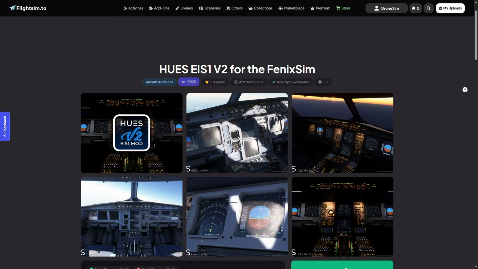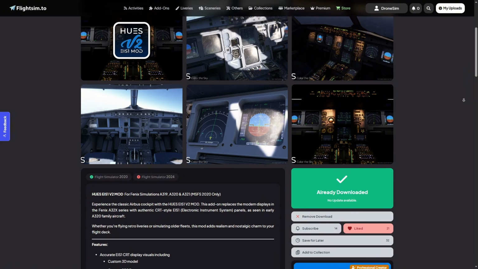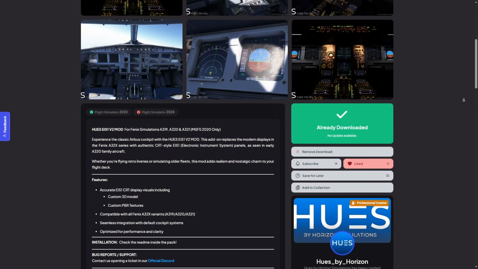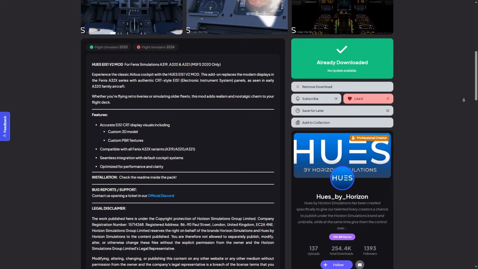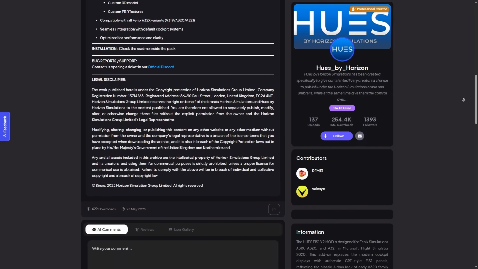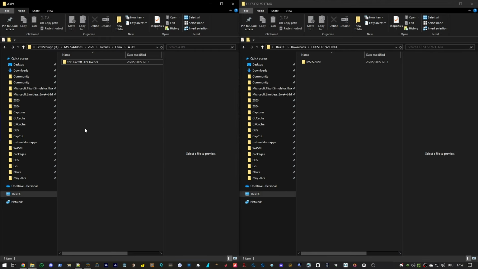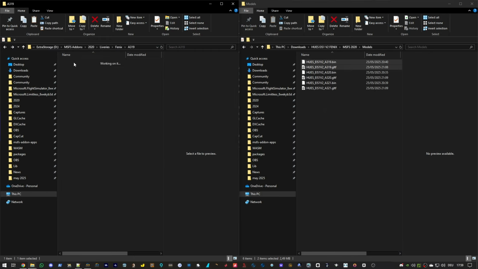The next add-on is quite interesting in my opinion. This is made by Hues by Horizon Simulations. You might know these guys, they deliver high quality liveries. This one is a display add-on for the Fenix family aircraft and is only compatible in MSFS 2020. You will get the modern displays replaced by the old CRT style electronic instrument system panels as seen in early